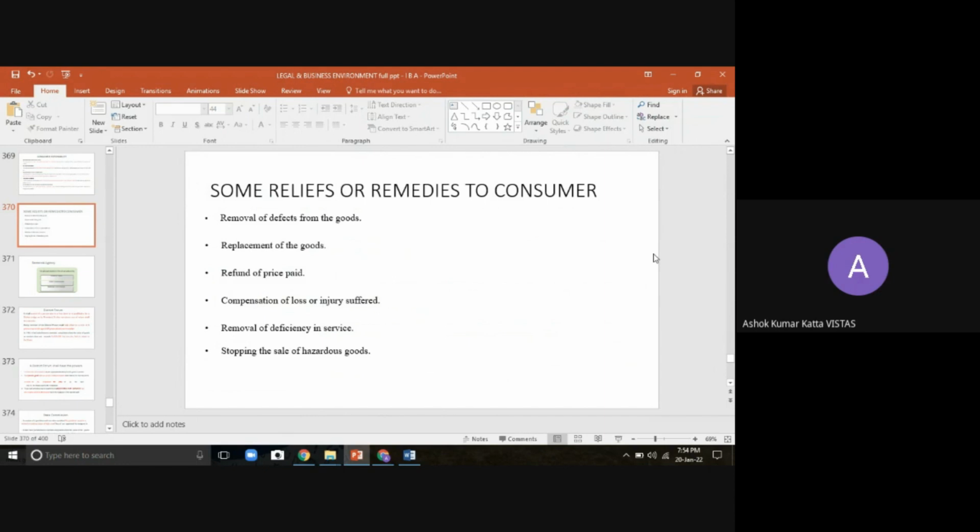If it is possible to do any kind of repair, they will do it for us free of cost. If it is a minor thing, they will follow the first method. Second one, replacement of the product. If it is not possible to repair the product, you can demand replacement from the sales organization.